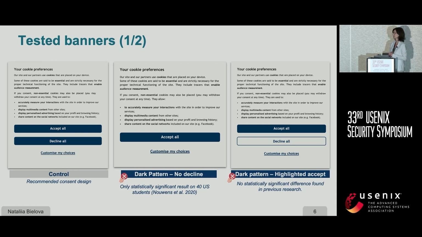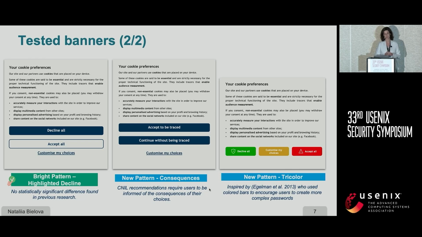In prior work, there is only one study that found a statistically significant result for this type of banner, but it was done only on 40 US students, so we couldn't reuse these results. We then looked into highlighted accept, where accept and decline options are present, but accept is obviously highlighted. And then similarly, a reversed version of this, a bright pattern where the decline option is highlighted. Finally, we designed two completely new